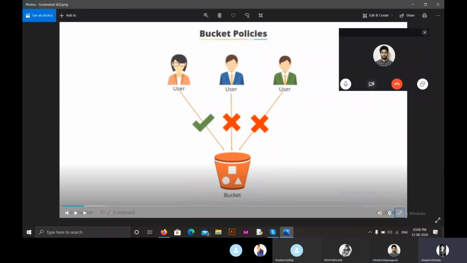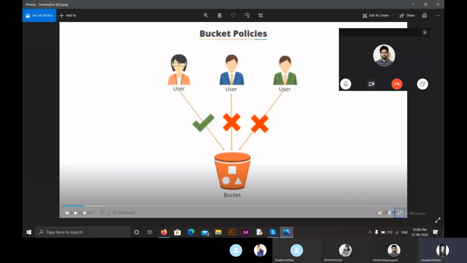Now, all the data we store in a bucket is completely secure because it is we who allow only users or bucket owners to access the data present in the bucket. Apart from this, we know that we are provided with MFA, multi-factor authentication, where we need to give a code for deletion of any data that is in a bucket.